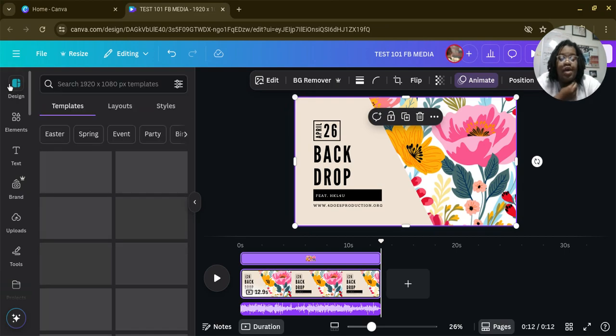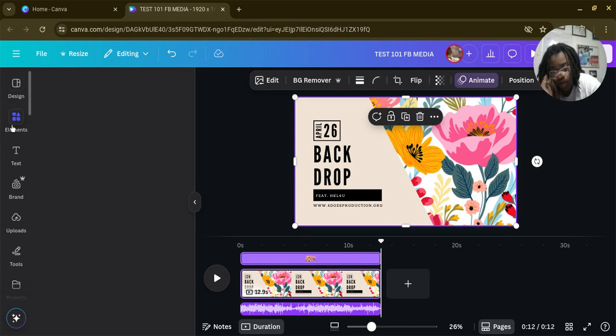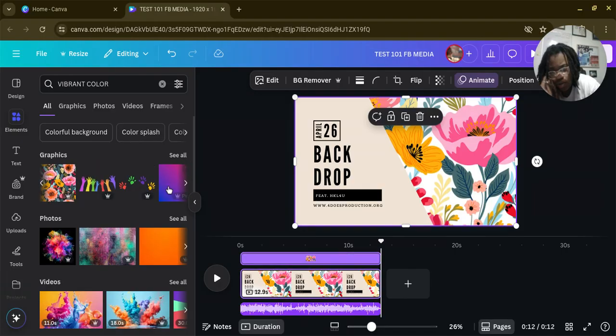And per se, if I want to change the design completely, it goes back and forth. If I change the design, it will say you can add a new page. The only reason is because you worked so hard on the audio, so you kind of want to add a new page, do all that, get your 12.9 seconds, and then replace it with that, because all the music that you did would go back to square one. So sometimes it's not like that, but I'm trying to find a good, vibrant look that